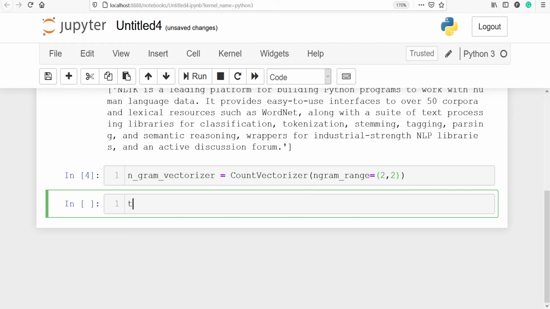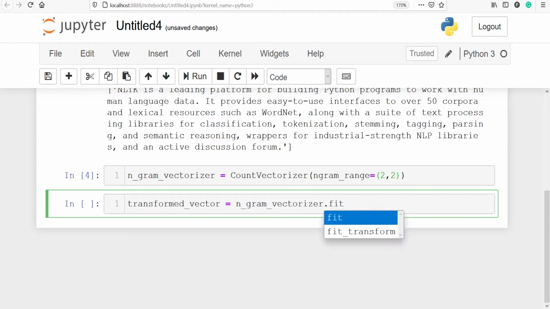Let's fit and transform our training text. I'll make one variable, transformed_vector, and then I will call ngram_vectorizer, and from this I will call the property fit_transform, and in this I will pass our variable train_text.